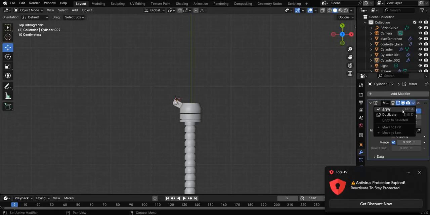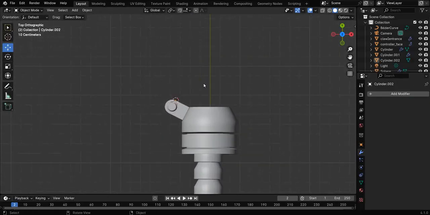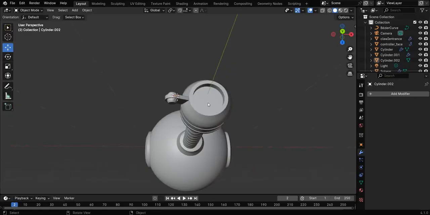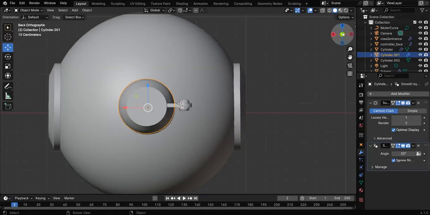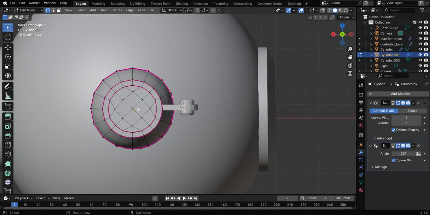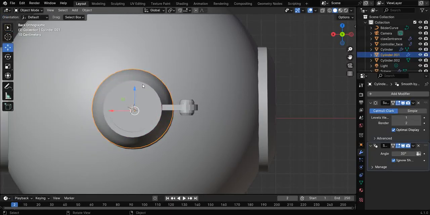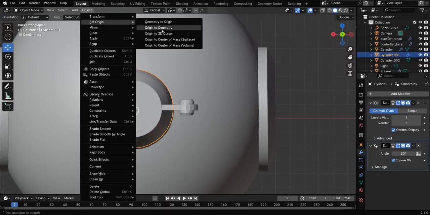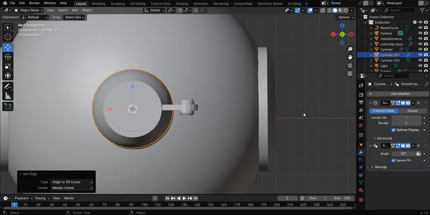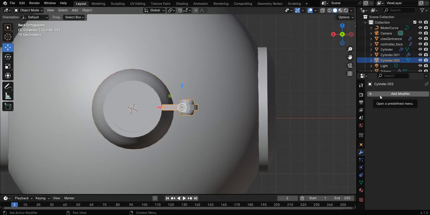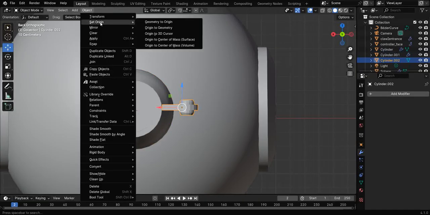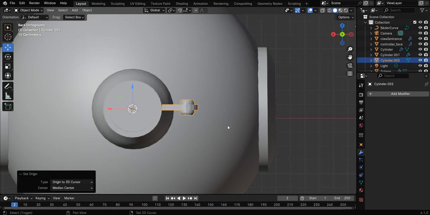Let's apply that. Now I want Shift S, cursor to selected, origin to 3D cursor. I want this to go around. Don't know how I'm going to do it, but I'm going to try. Shift A, set origin to cursor, Shift D,